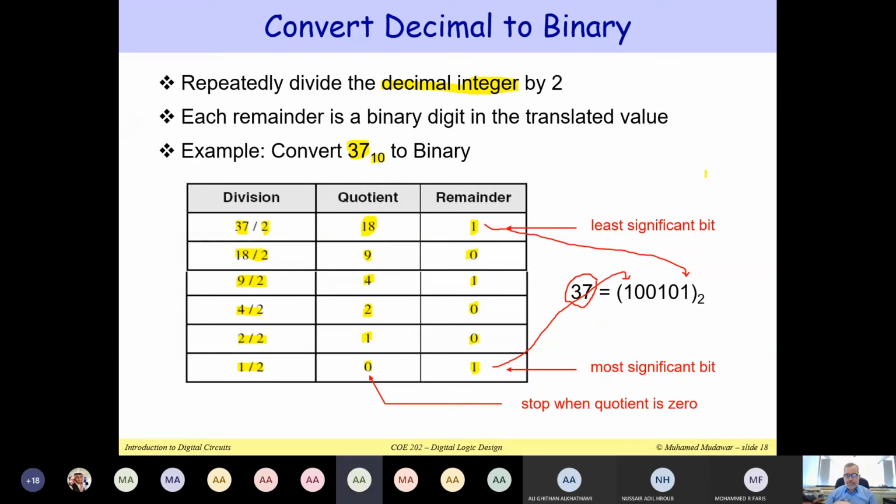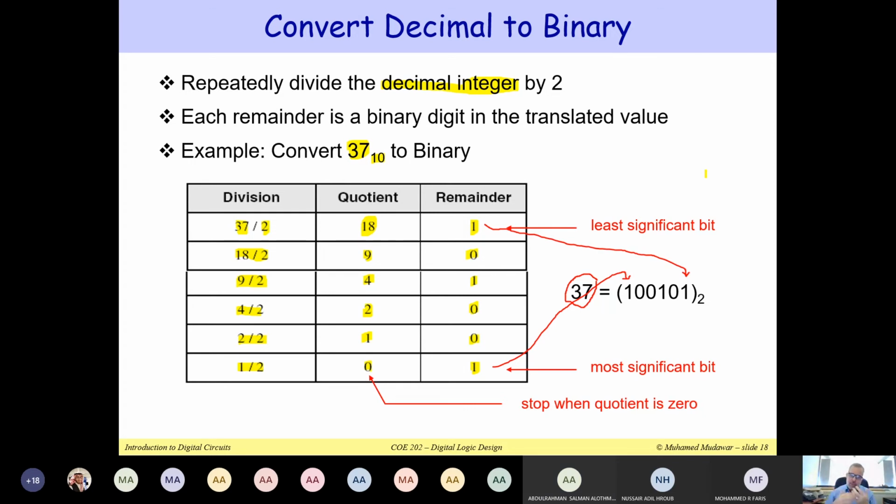I think there is another way, but I'm not sure. So 37, if I wanted to convert it, I need 32 plus 4 plus 1, right? So this will be guessing. Yeah. Okay. Yes, of course you can do it this way. You can actually guess the weights and the bits. Okay. You can say that actually, okay, what is the nearest weight?